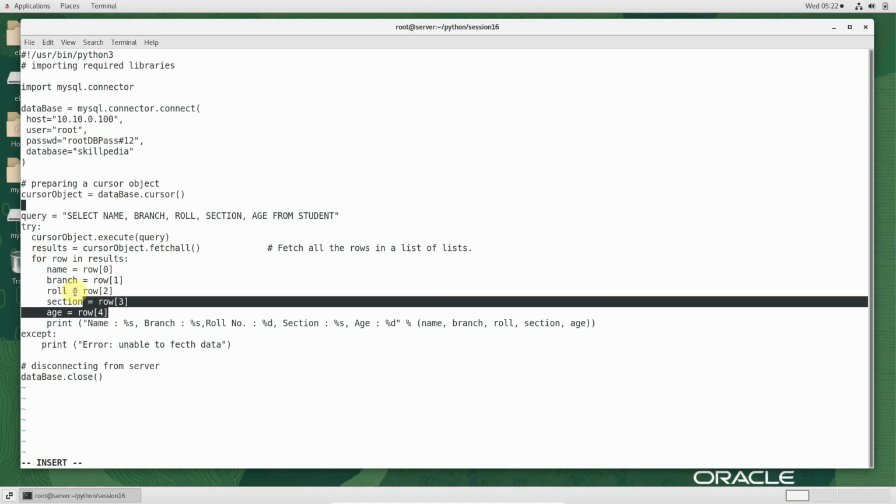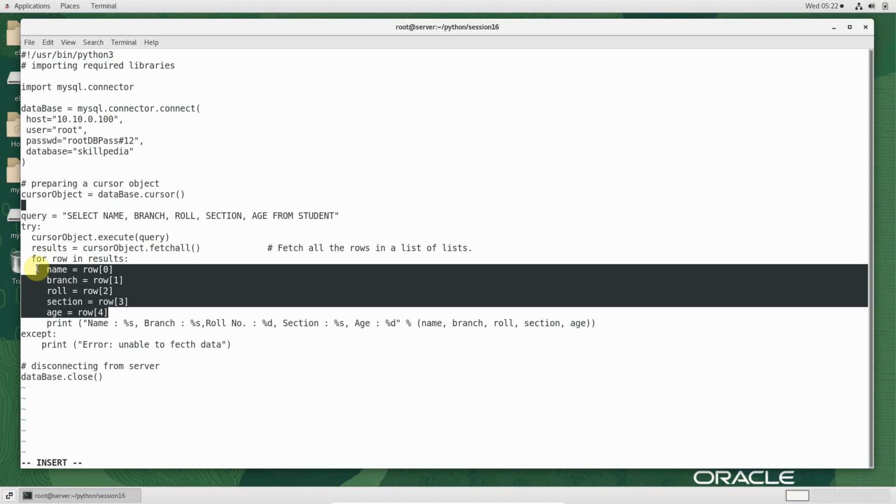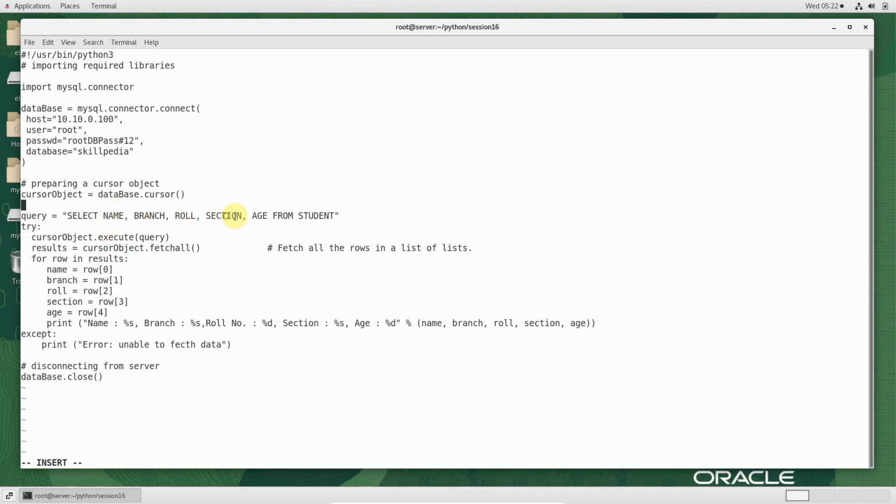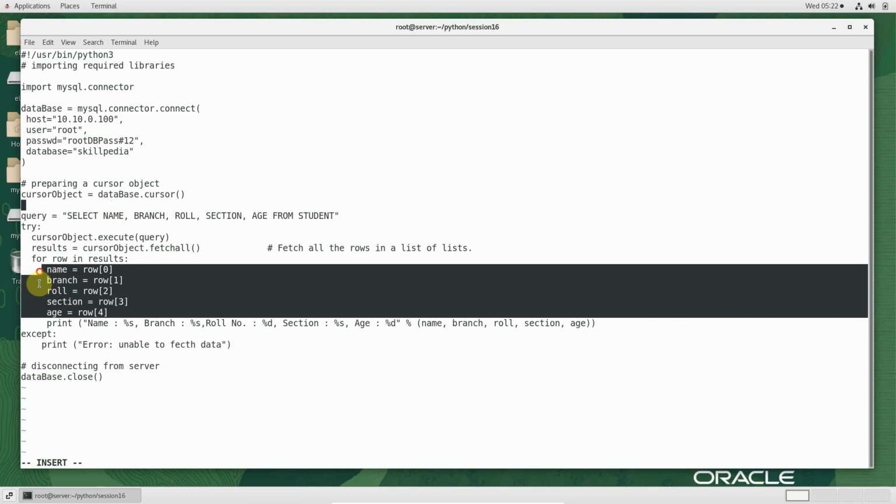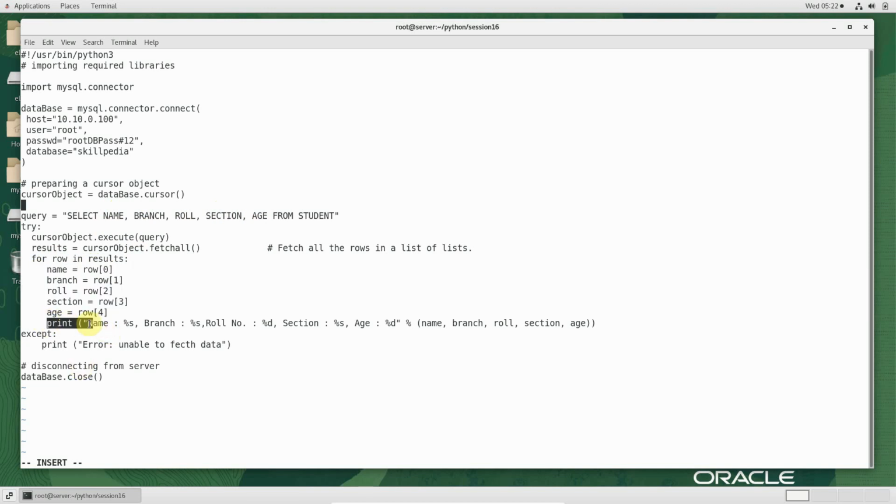I need only the first 4 elements. I mean the first 5 elements, right? 0, 1, 2, 3, 4. Yeah, the first 4 elements. And then I'm displaying with a proper message, print name is %s, branch %s, placeholders, and I'm supplying those values here. Again, the concept of placeholder. The name will be placed here, the branch will be placed here. You understand? So this is a better way of,